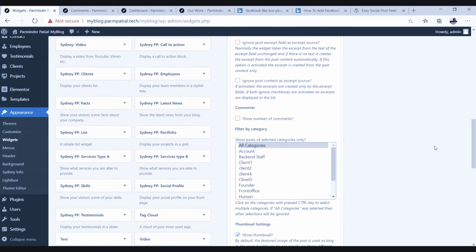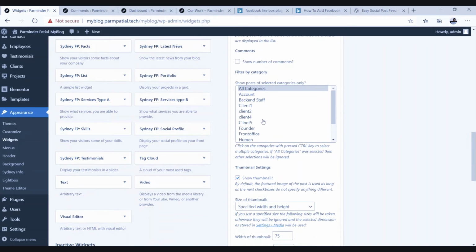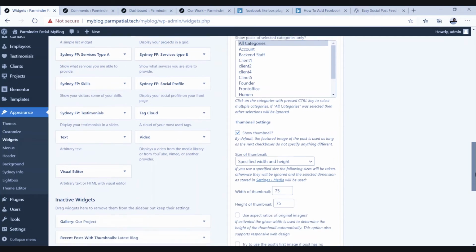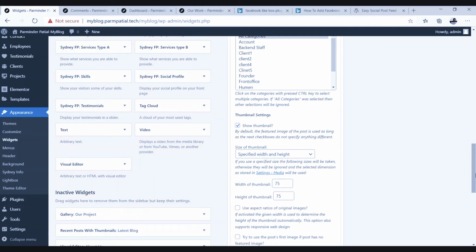And from here you can select or deselect showing the number of comments on the post. Then in the last you can select which categories of posts you wanted to show over there. If you wanted to show all the categories, then click on all categories. In our case we are having only 3 posts, so we just select all categories.